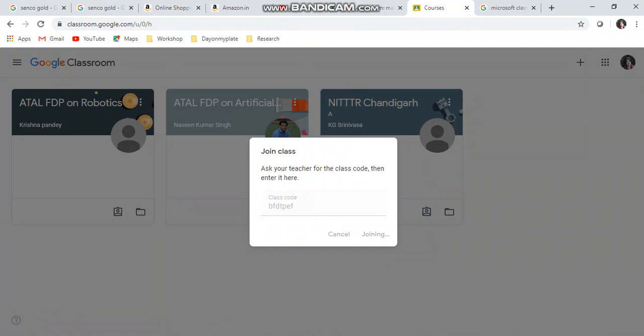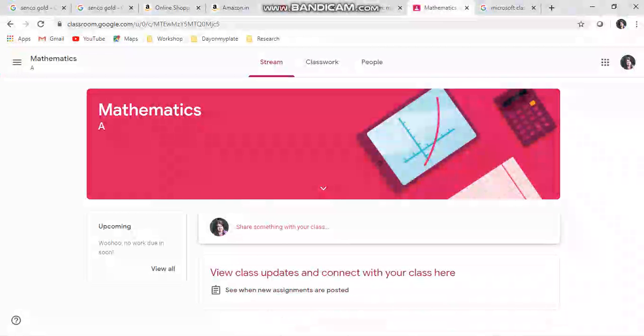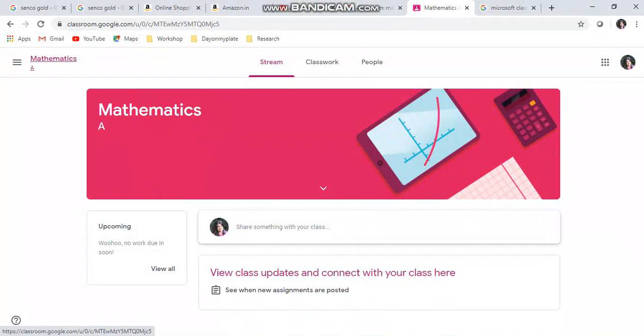You can see that we open the class that has been created by the dayonmyplate.in. So I have joined this class. Section A is displayed, right? And as of now, as no notes have been given, it is showing empty.